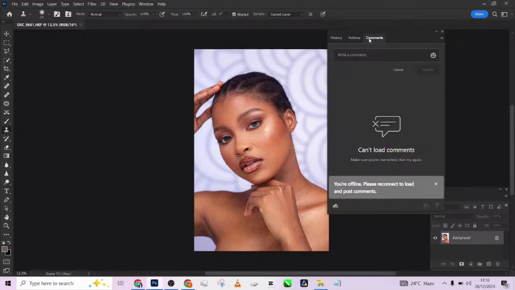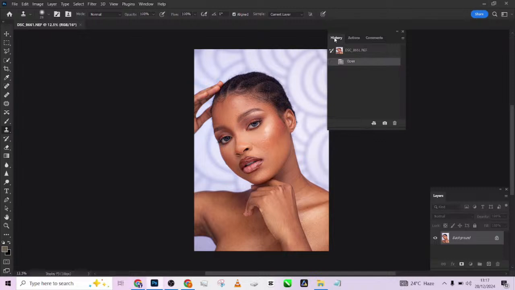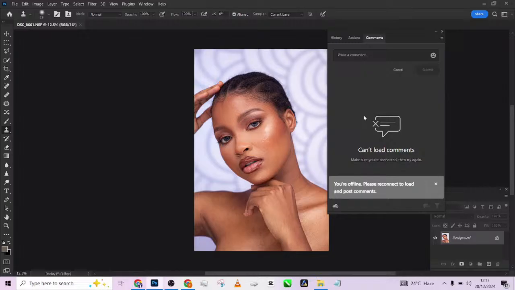I've not actually used that before, but if you go online, you can see what other persons are saying about their own Photoshop and see exactly how you can incorporate their suggestions and ideas into your workflow. I guess if you connect it to your Behance and all of that, your client can be able to view exactly what you are doing on your screen and be able to comment straight on the